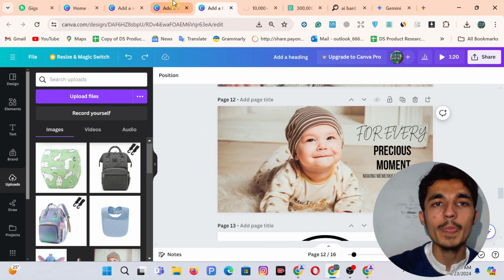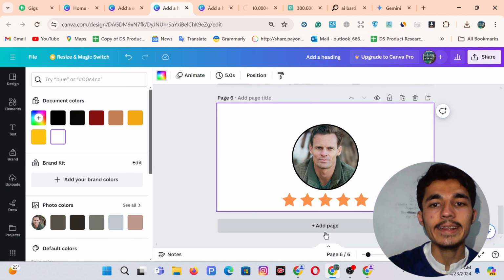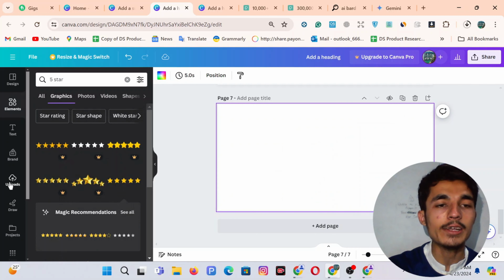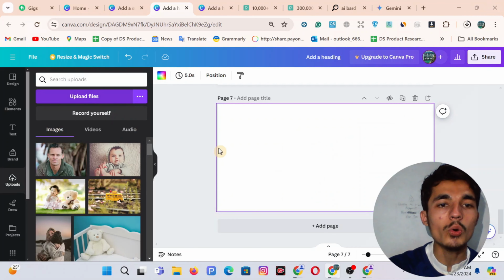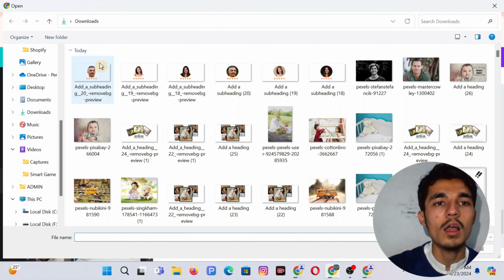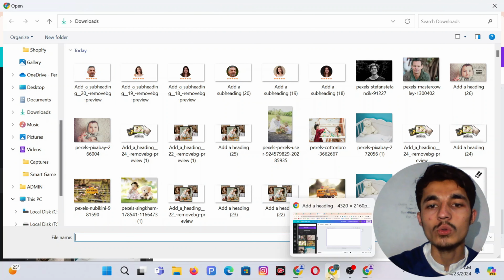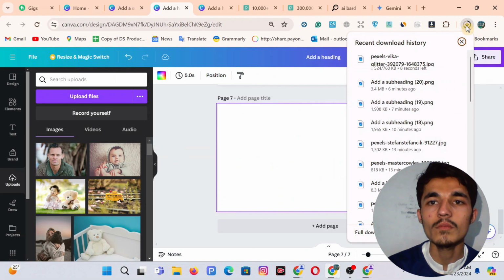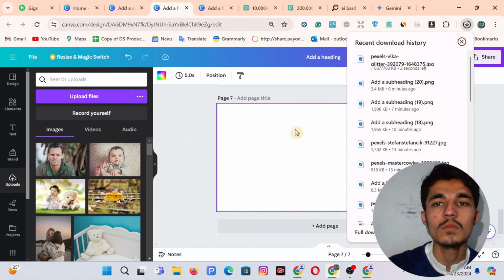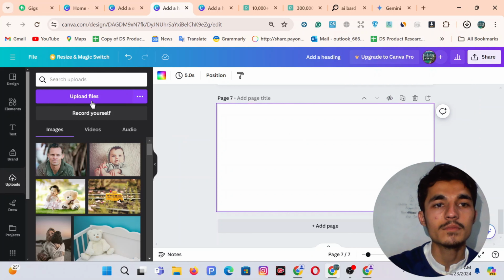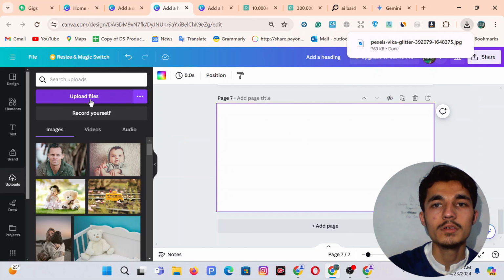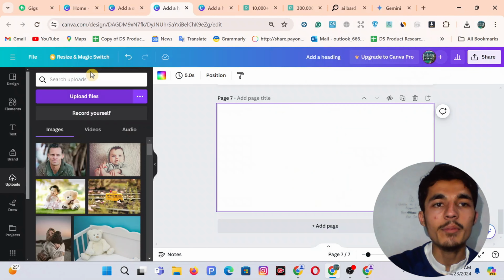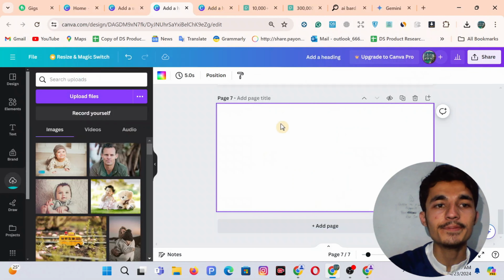Come to your text, click on add page, and here let's click on upload the file, and now it is downloading, so it will take a couple of seconds. Now let's click on upload file, and double click on your picture,